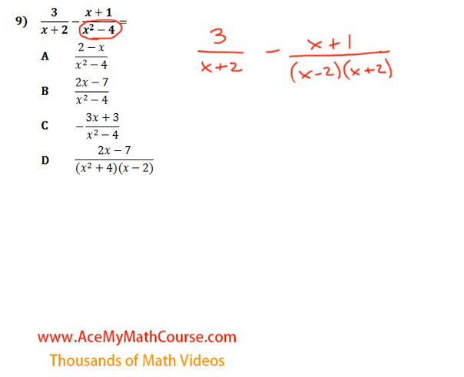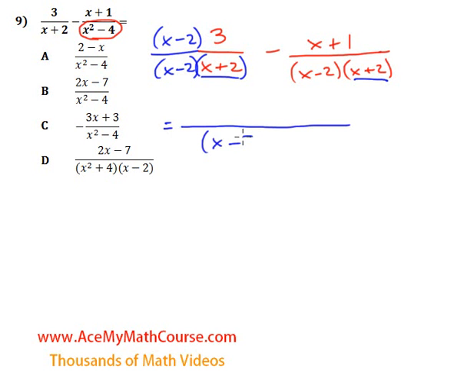Okay, so look at this. If we're looking to find a common denominator for these two fractions, we already have the x plus 2 for both of them. So what I can do is just multiply the first fraction by x minus 2 over x minus 2. That way, we have a common denominator of x minus 2 times x plus 2. Same thing for both fractions. So now we can combine them